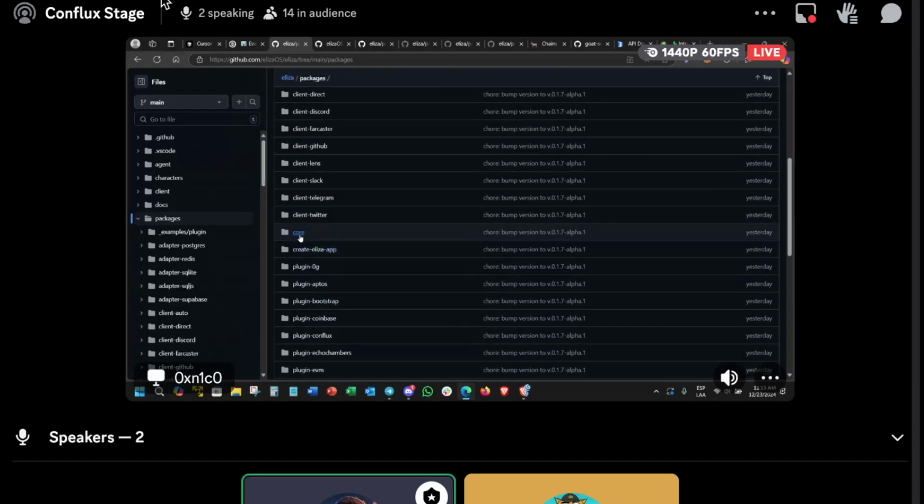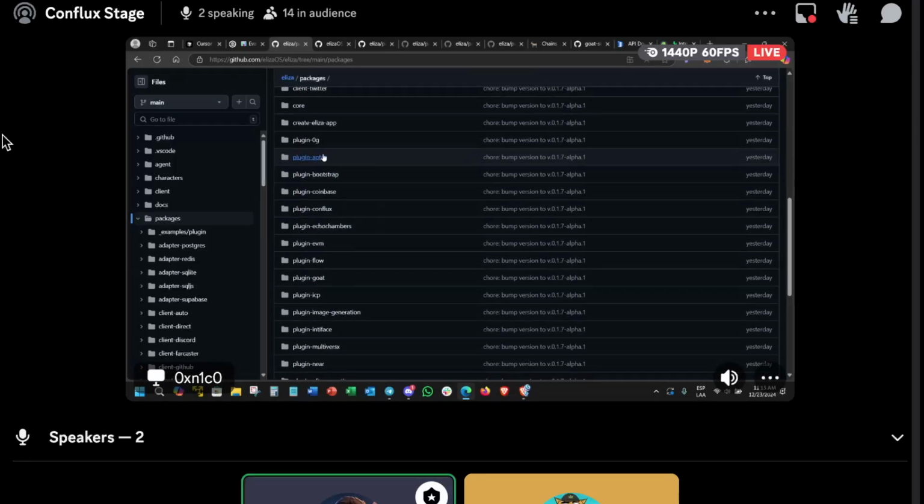Then this is the core package, which is needed for all Eliza applications. But then you have all the plugins here. You can see that there is already a Conflux plugin that was launched recently that you can use out of the box. But you can also use the EVM plugin or the Goat plugin, which are both EVM compatible.